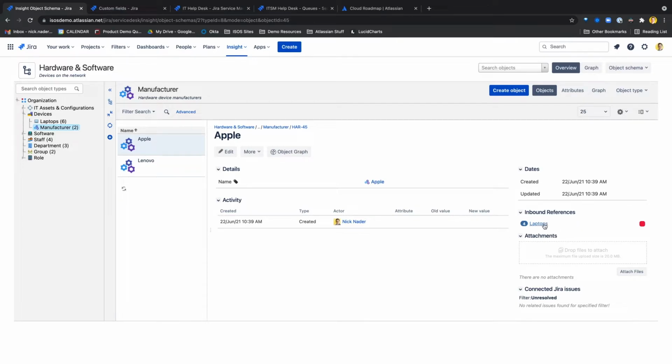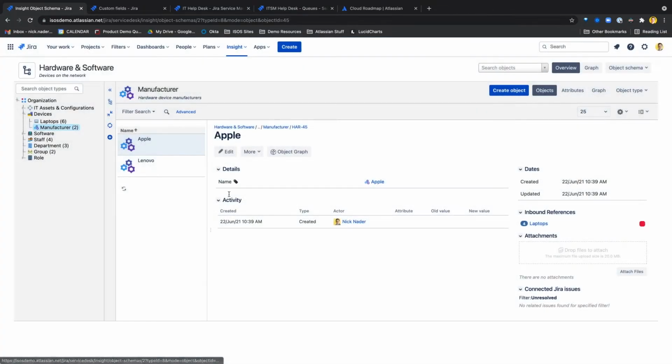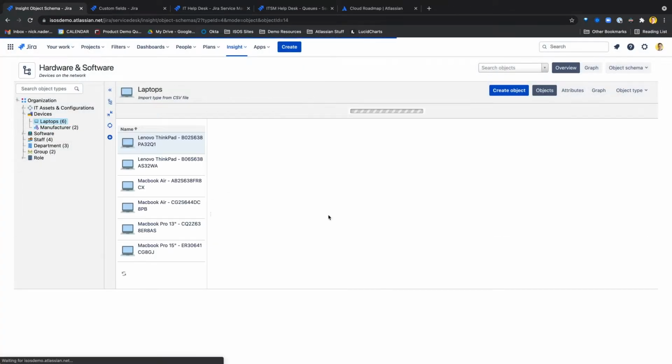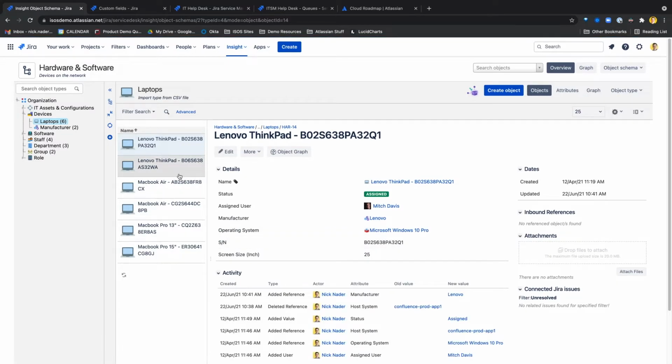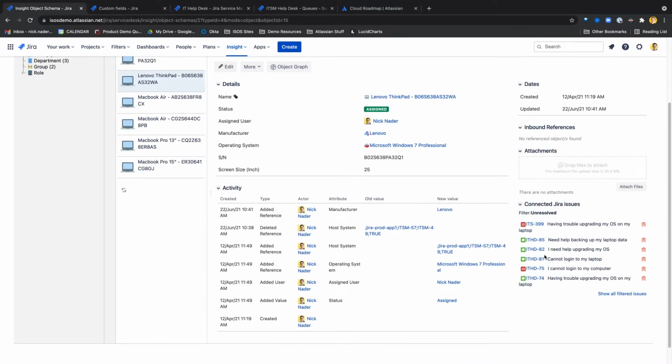So Apple is getting pointed at by 4 different laptops, and we can very quickly see we have 4 different MacBooks that we have defined and are pointing at the Apple manufacturer. If we jump back to laptops here real quick, we can also drill into maybe this one, I believe, has connected Jira issues as well. So down here in the bottom right, this will show all of the issues that have been opened up against